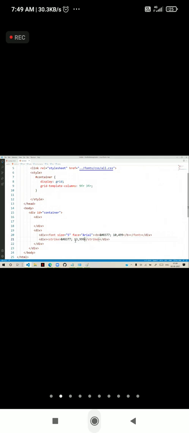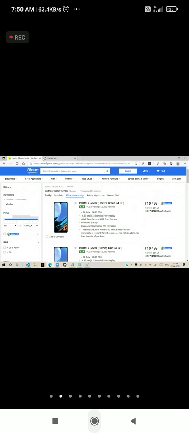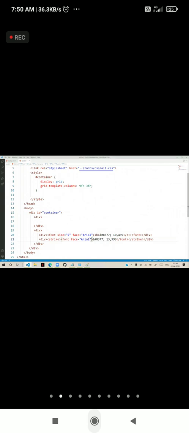That means it will keep the text and it will strike out the text. And for this also, if you want, you can apply a separate font. That means I defined a font and the font face. So face is equal to Arial. That is the font face we defined. You can keep all the divs in the same appearance, but according to your requirement, you can change the color for that particular text. So you apply the font and you can keep here color equal to gray. Then it will apply that gray color to that.